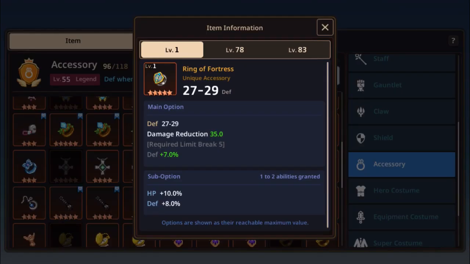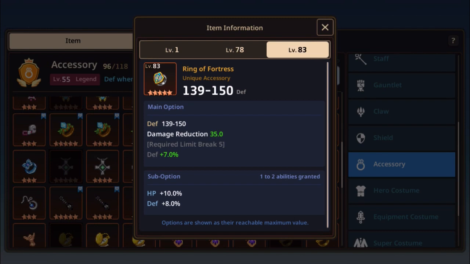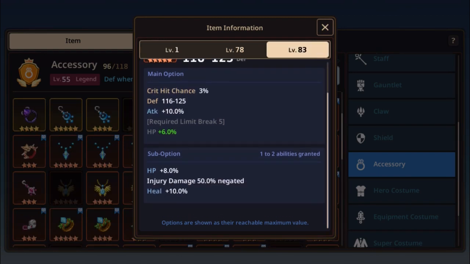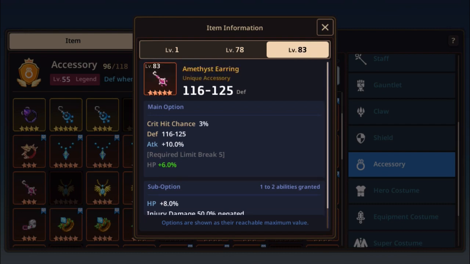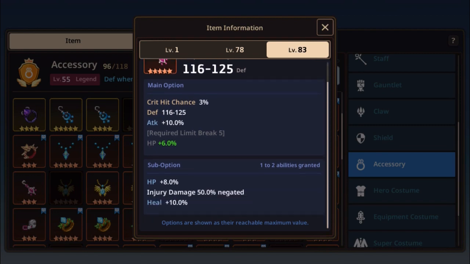And finally, for the unique accessories, I will recommend the ring of fortress as well because it has the strongest defense base here, 150 of death, damage reduction 35. This does not apply in PvP, only in PvE, but however, if you limit break it, you have an additional defense plus 7% on the top of the sub option where you can get HP plus 10% and defense plus 8%. A quick mention for PvP here. Once again, injury damage, we spoke about it, 50% negated. This is something you can consider, but however, the amethysty ring here has such a low defense, it won't be